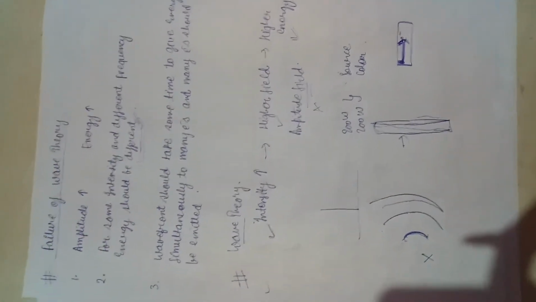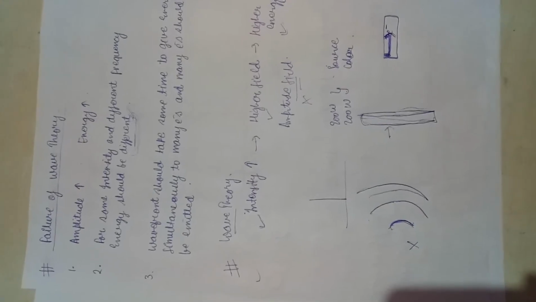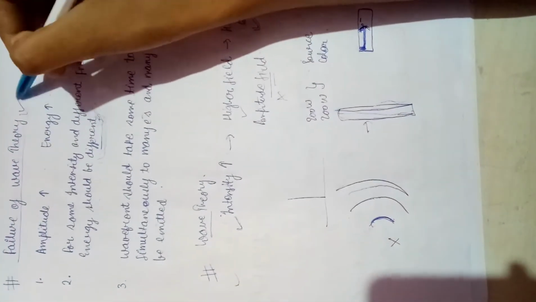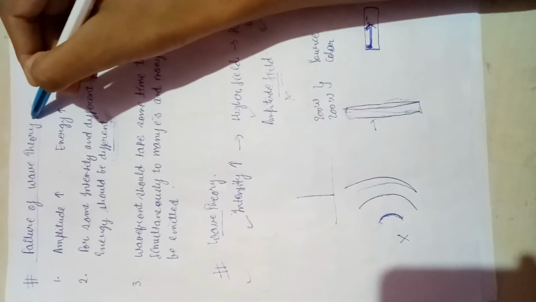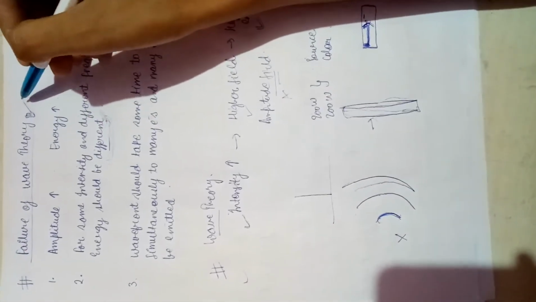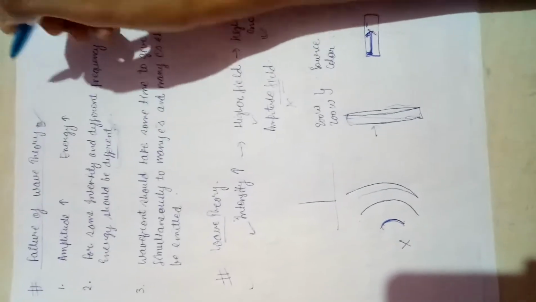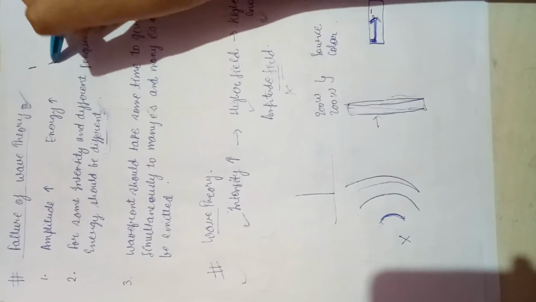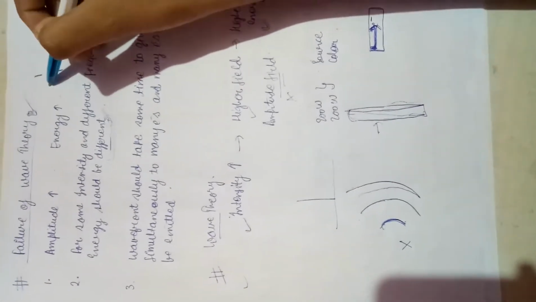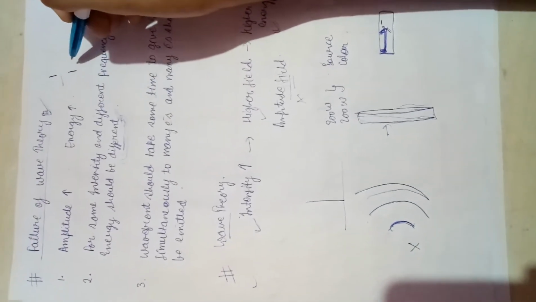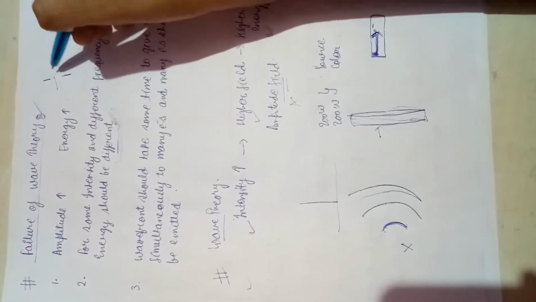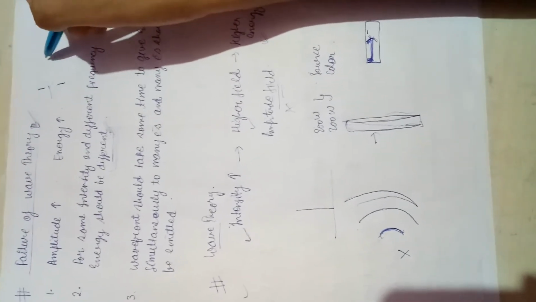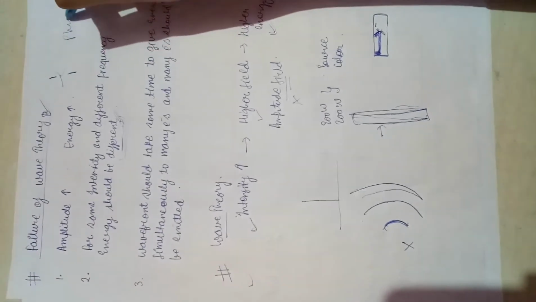This is why we cannot say that wave theory is completely unsuccessful in explaining all things. Wave theory is also successful. This is not a failure; we can say that wave theory is inadequate in explaining the photoelectric effect. Wave theory has already explained many successful experiments, like diffraction of light and interference of light. But it was unsuccessful in explaining the photoelectric effect because